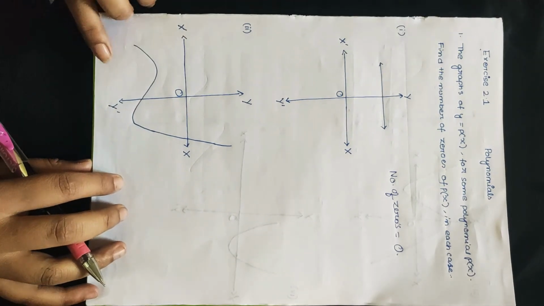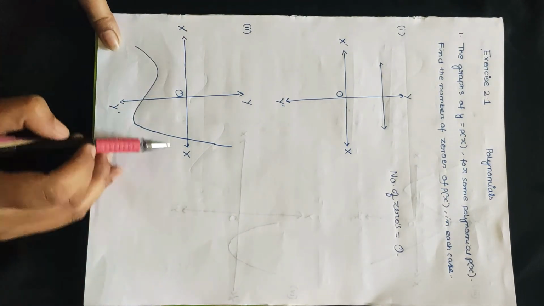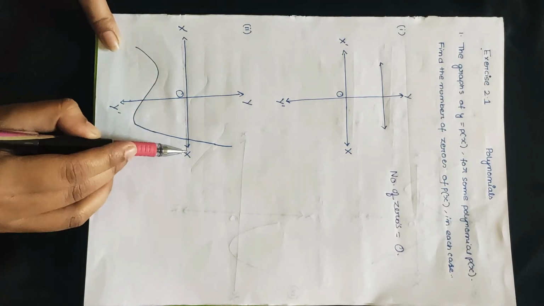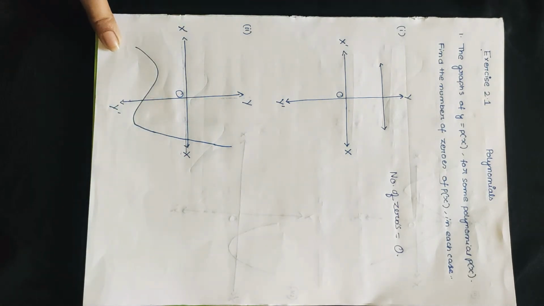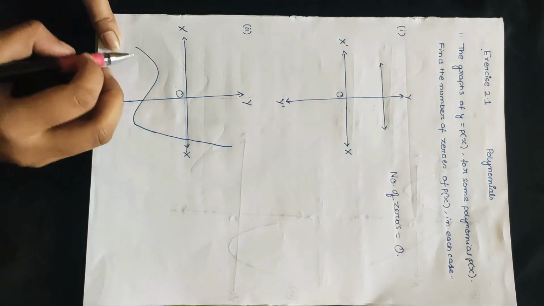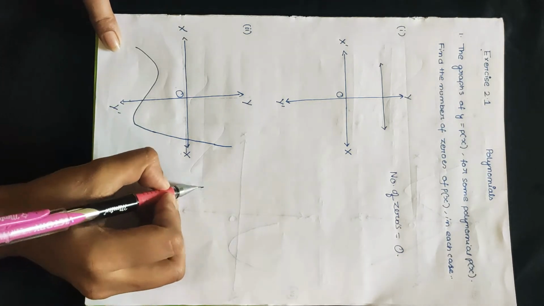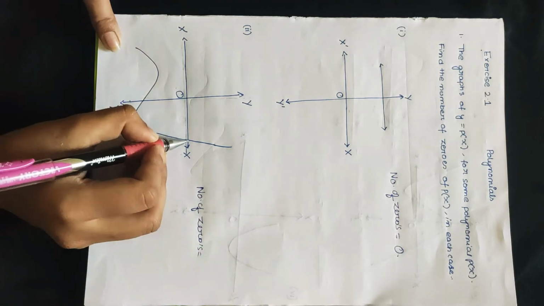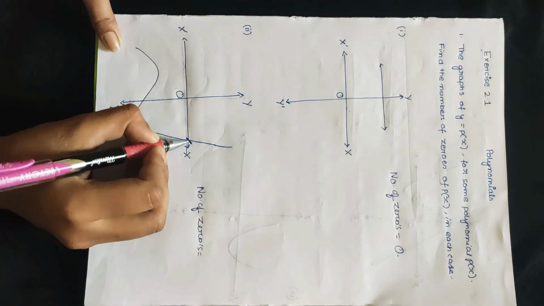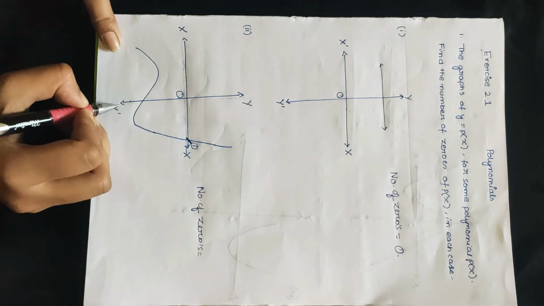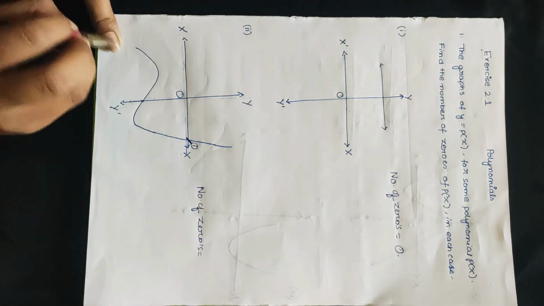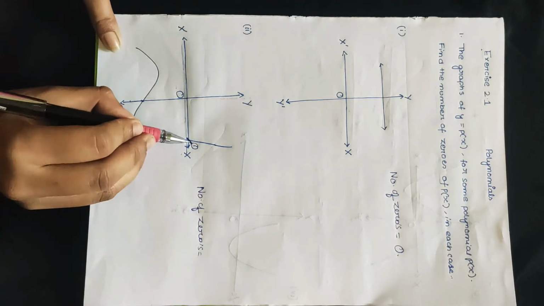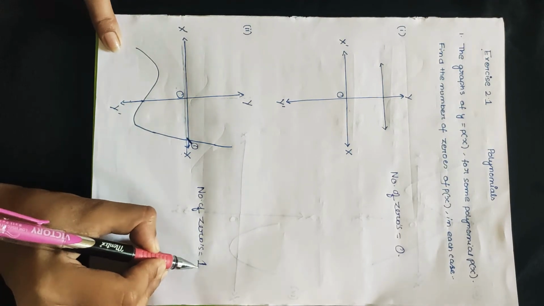So let us try to understand by question number 2. So here you can see this x', y'. The horizontal line is the x-axis, and the vertical line is the y-axis, and O is the center here. So let's see at how many points the graph intersects. At the x-axis the graph intersects at this point. This is the y-axis where the graph touches. We are not concerned about this, and nowhere on the x-axis does the graph intersect other than one point, which is this. So the number of zeros has to be 1.